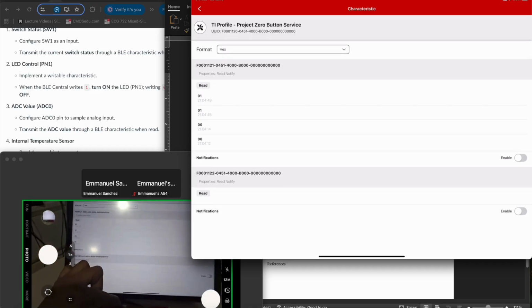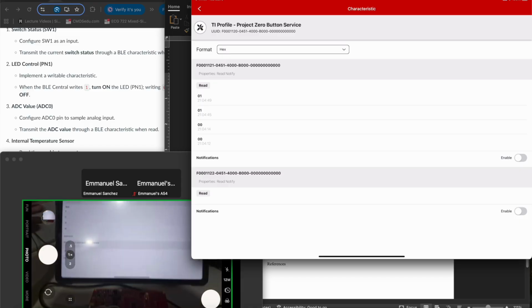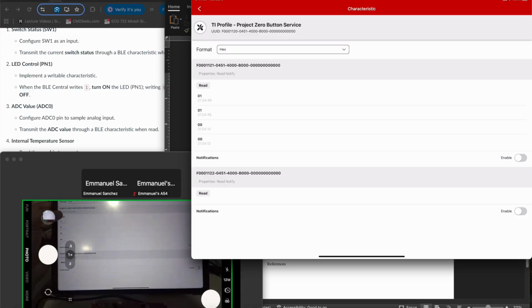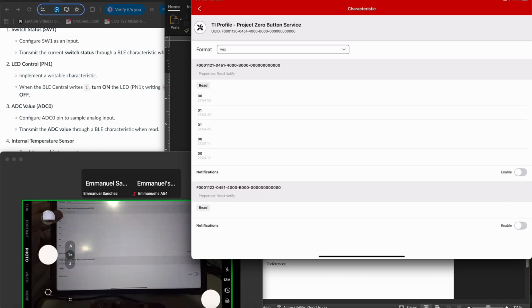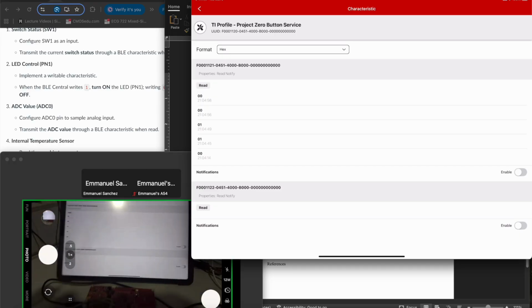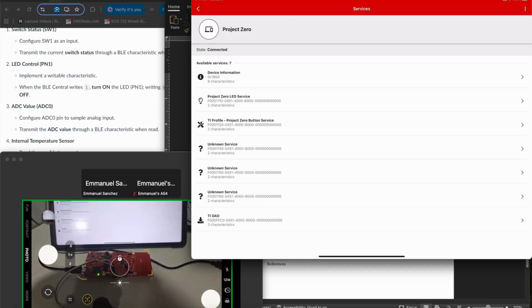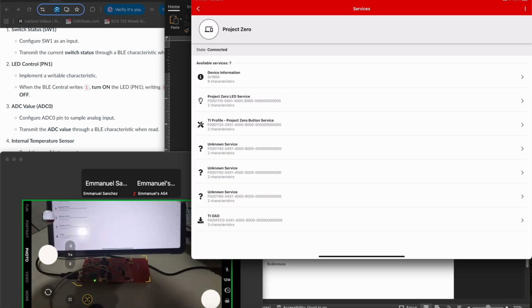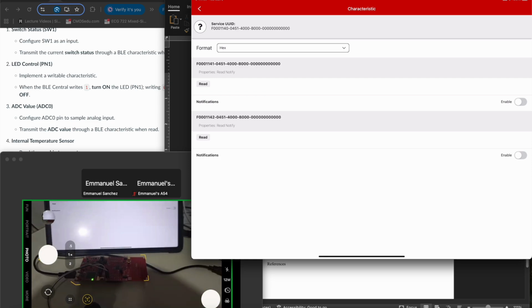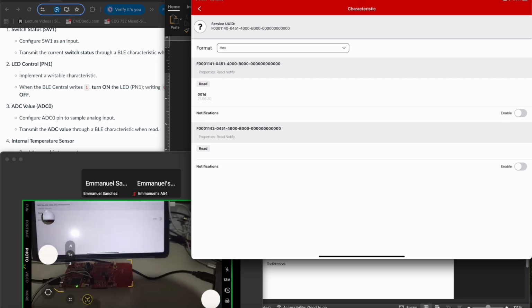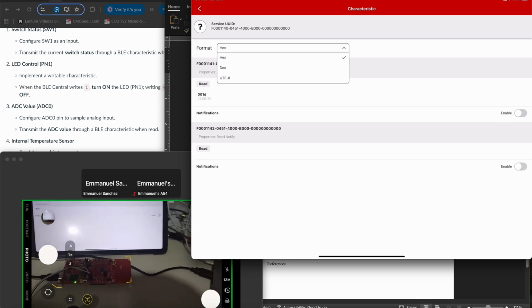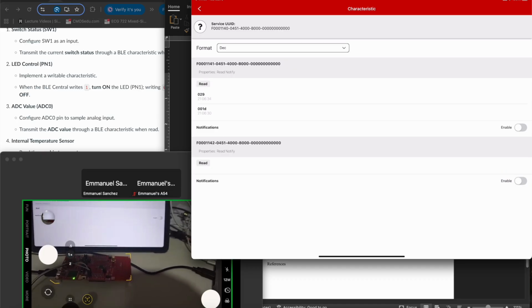Now if we release the button, it will read again and it returns back as 0. So now the next service is the internal temperature sensor. If we read this characteristic, it returns 29 degrees C,